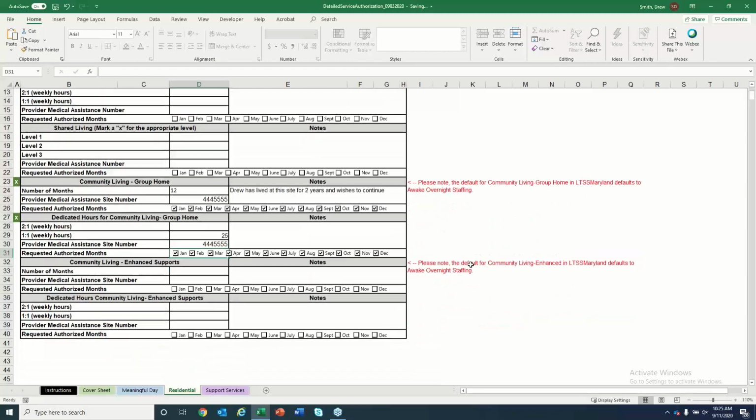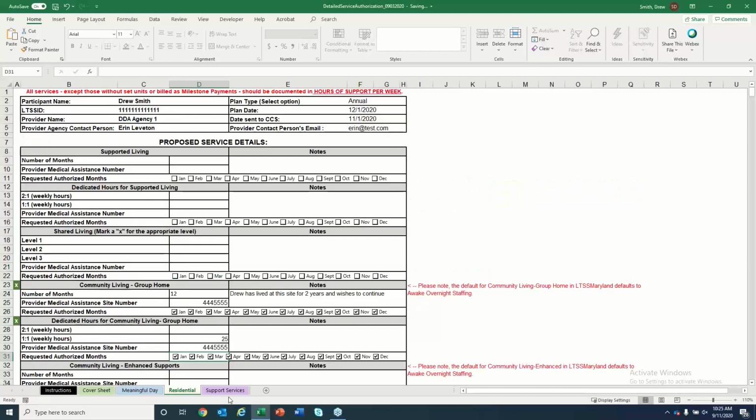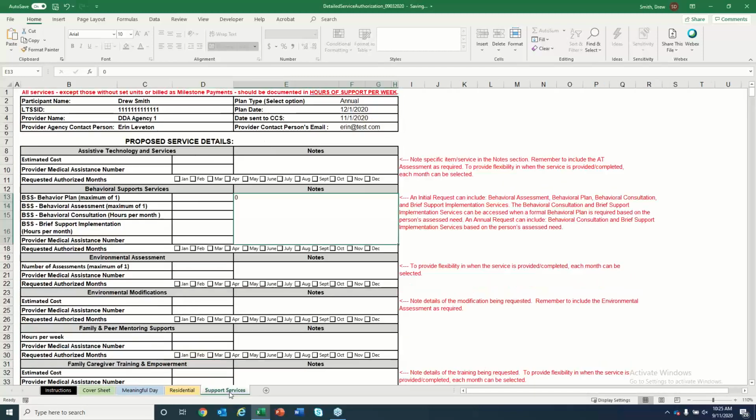So as we look down the residential option, again, no other green X's for me to go through, nothing else for me to complete. So I'm going to move my way into support services. Support services, you'll notice that we have a lot more in the area to the right around details. So support services gets a little bit more nuanced in how services are requested and how services are